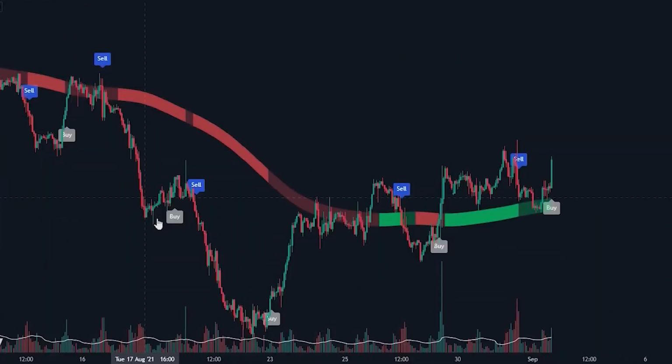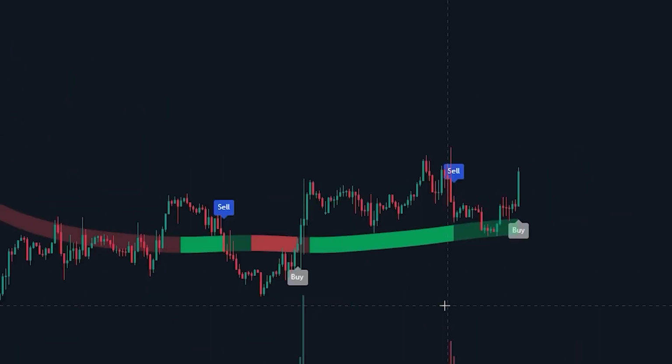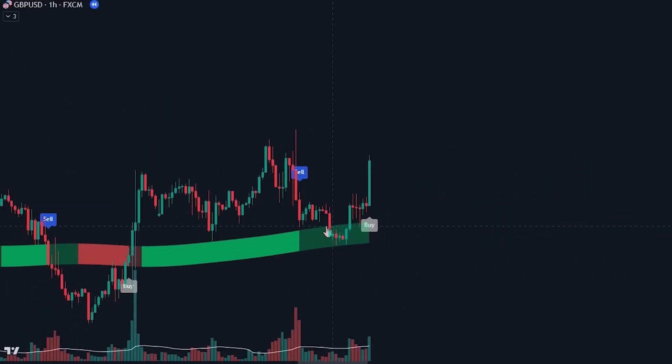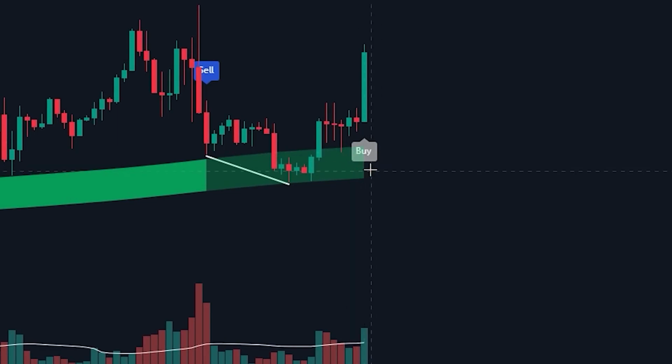Here we can see the following: the dominant trend in the market switched from bearish to bullish. After the switch was made, the price made a pullback back to the market bias line. However, while the price was making lower lows, we can see that the market bias line was still green and moving in the upward direction. After the pullback, the range filter produces a buy signal, providing confluence with the signal provided by the market bias